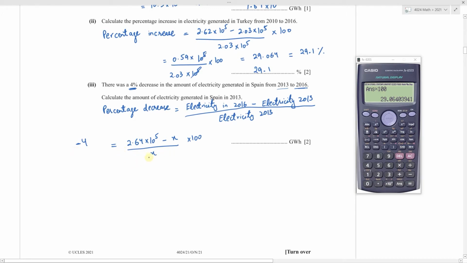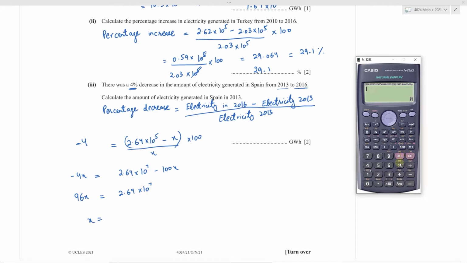So now let's solve for X. I'll take this X to the other side. -4X equals to, multiply this 100 here. So this will become 2.64 into 10 power 7 now. It will increase by 2, minus 100x. Bring this 100x here, it will become positive. So I will have 96x equals to 2.64 into 10 power 7. X will be 2.64 into 10 power 7 and then divided by 96, which is